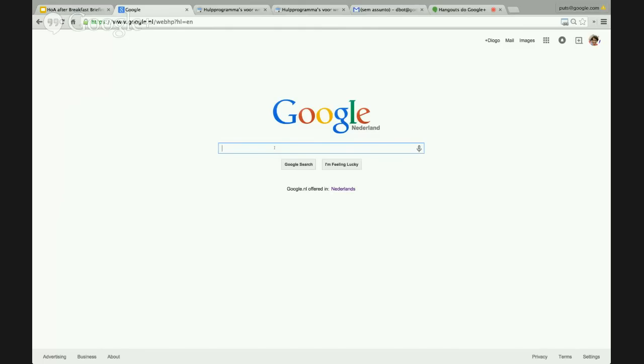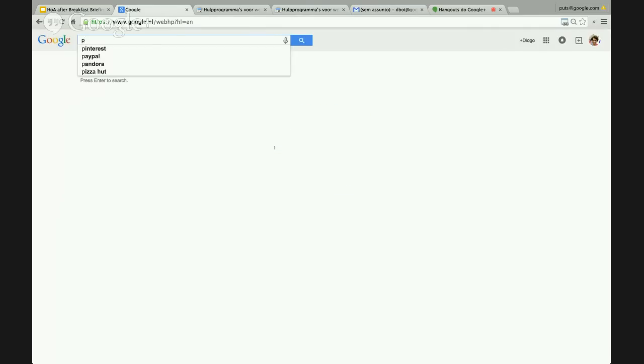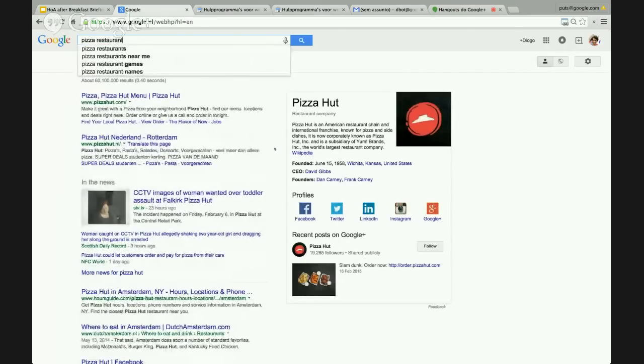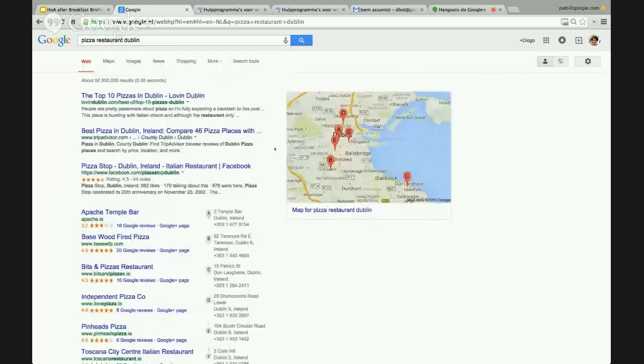And for that, we're going to quickly show you a demo. So Jogo here is going to show you how we can access a search results page on mobile. So John, I don't know about you, but I'm a bit hungry. I'm going to go with searching for a pizza restaurant. Pizza, that sounds pretty good to me, Jogo. Pizza restaurant Dublin, very nice.